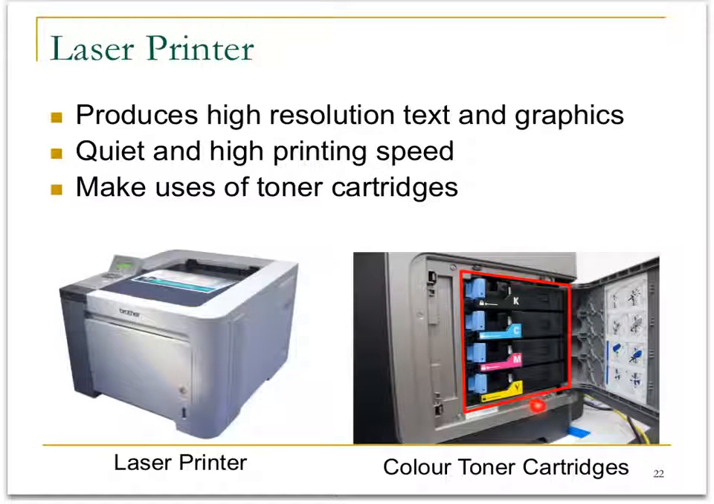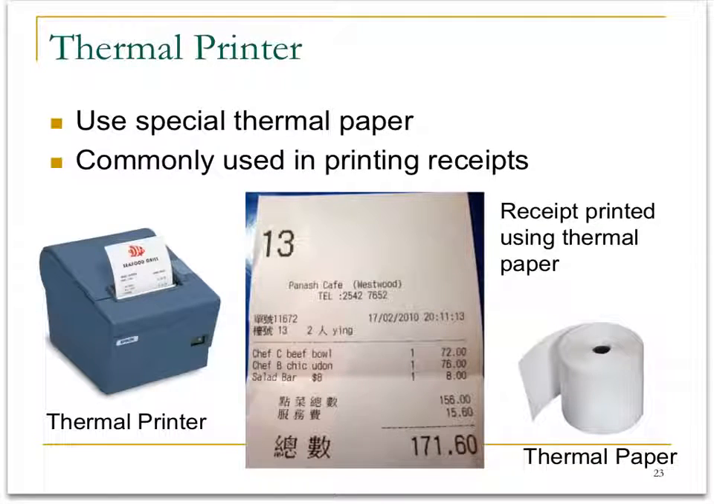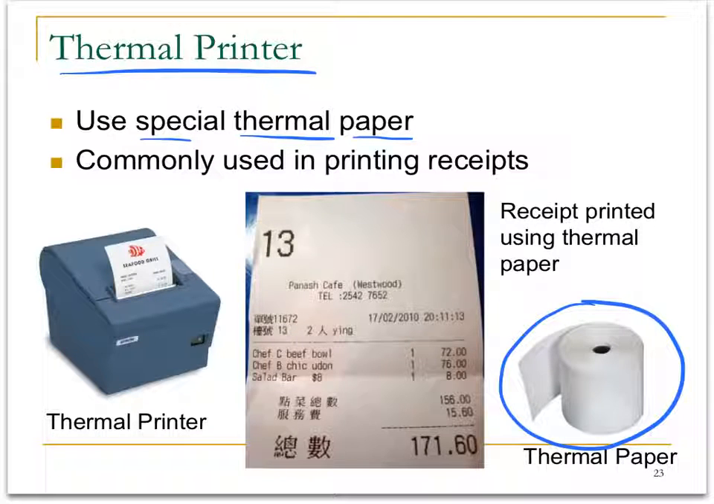Okay, the last type of printer, the thermal printer, makes use of special thermal paper. These are the thermal paper. This paper has a very special surface which is sensitive to heat. If you heat some part of the paper, that part will become black in color. For example, this receipt is printed by the cafe or by supermarkets. Usually, these receipts are only black and white in color. And in fact, they don't need to be colorful, because the main purpose is to show clearly only the total